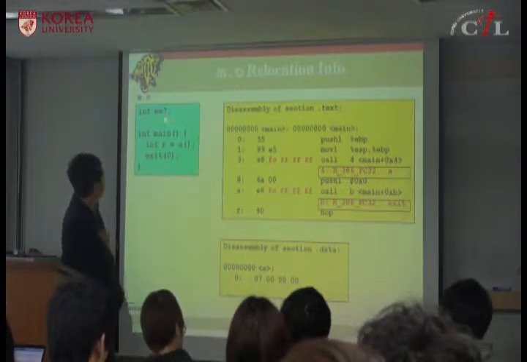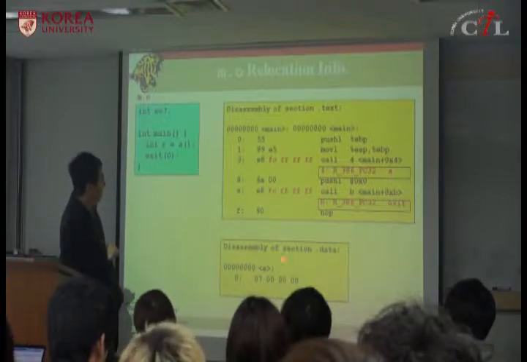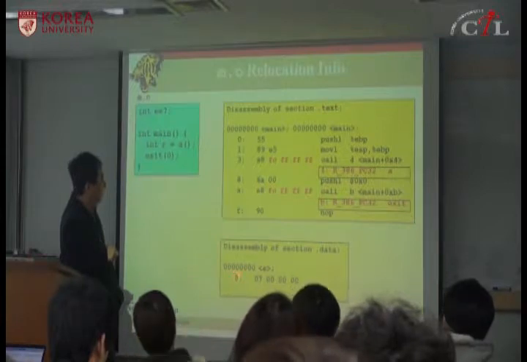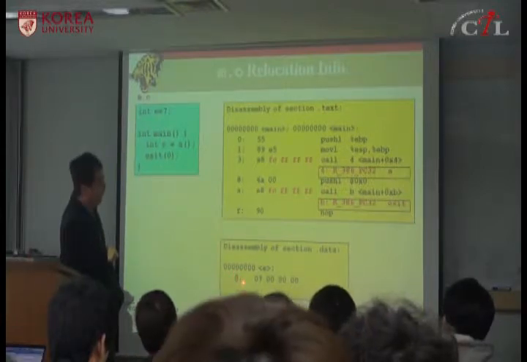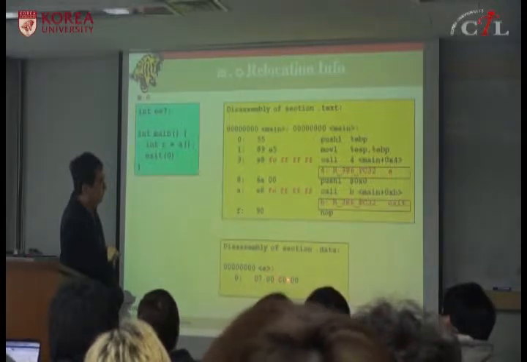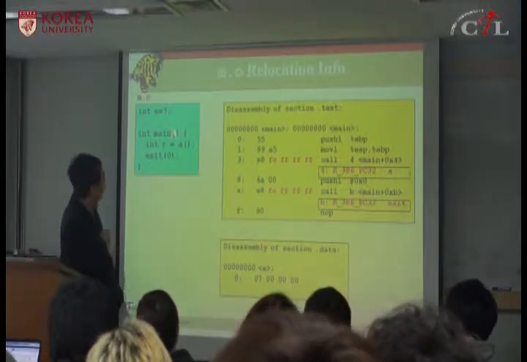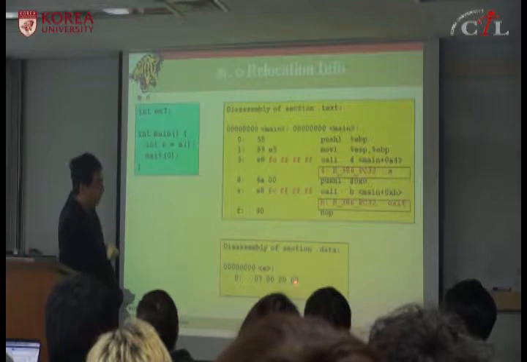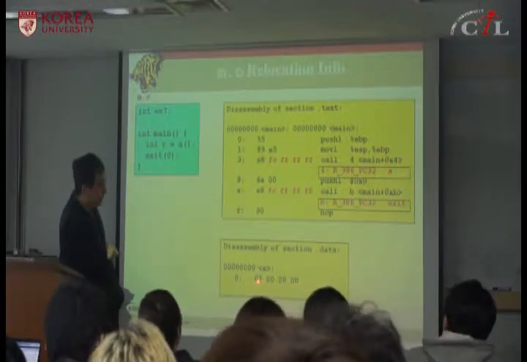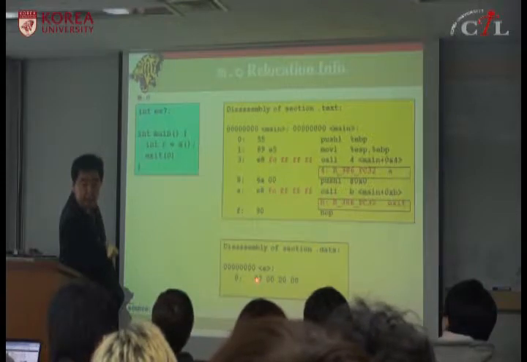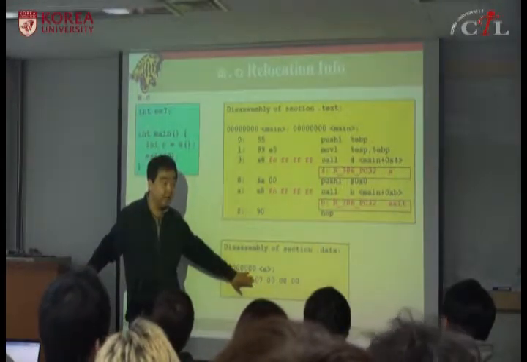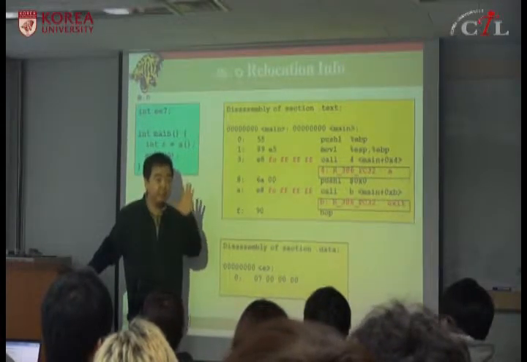And this code should go to the data segment, and the relative offset should be 0. Okay? And there is a 4-byte value. So this is first byte, second byte, third byte, fourth byte, and they are storing 7. So this is MSB, this is LSB. So the least significant byte they store into the first byte. So this is actually little endian. Little endian, if you remember correctly,